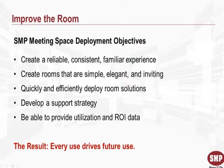Okay? You have to have a way to show how the technology is being used, if things are not being used, and report on that. Not only just for capacity planning, but to make sure and track on how well your investment is going. And the result, every use drives future use. Okay, so,